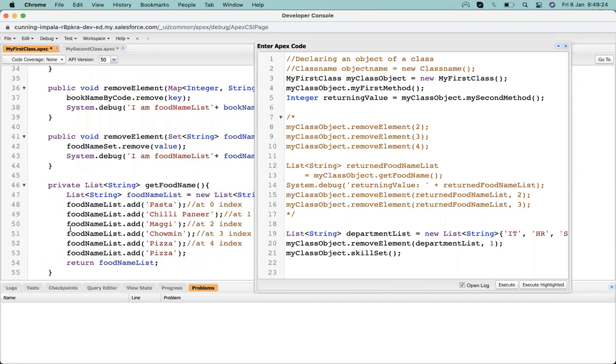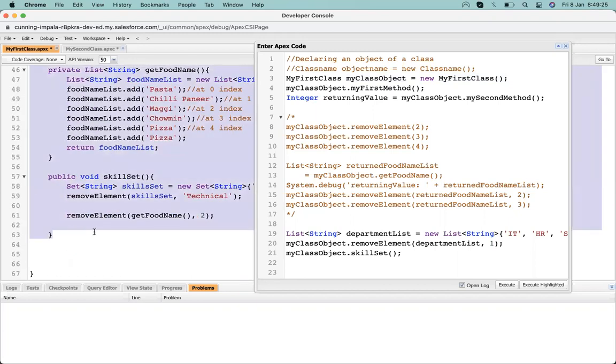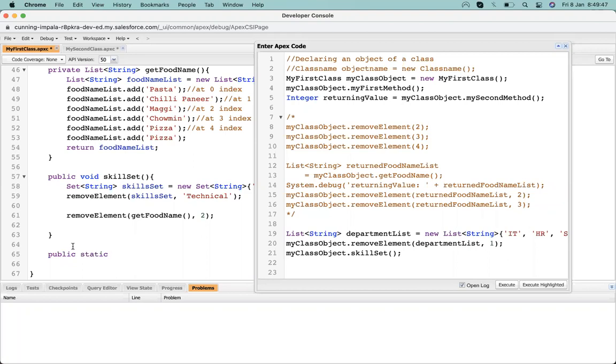That's why they are called non-static methods. Their memory allocation takes place when we define an instance of a class. When we declare an instance, at that moment they get the memory allocation, and we call the method. But suppose we declare a method as a static method. For declaring a static method, we just write a static keyword, and all the things remain the same.